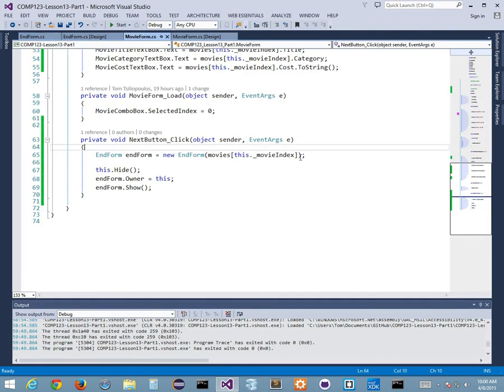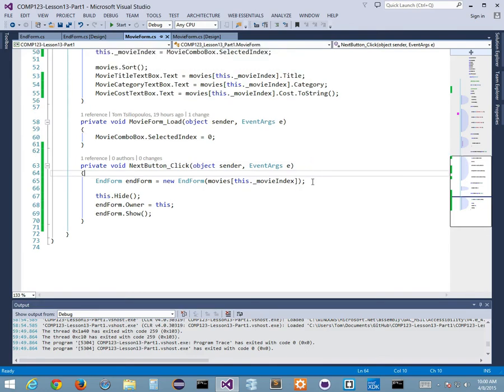All I've done is I've thrown in an index. This is my movies, right? And I've thrown this across into my end form, right? Because this is the index that I've created, right? This index points to the movie that I've selected, right? And now I'm throwing across, when I say movies, remember what movies is, if I go to the top here,